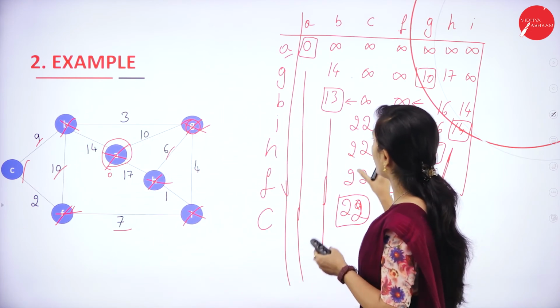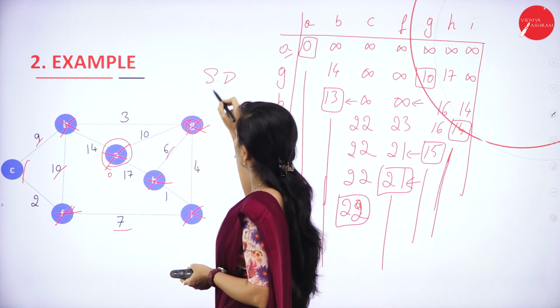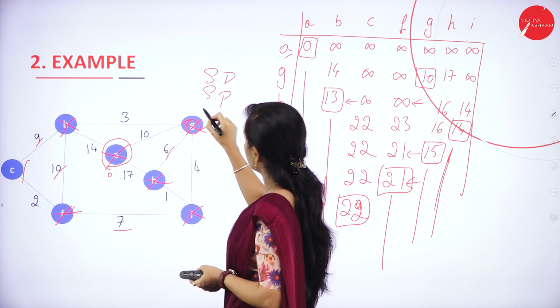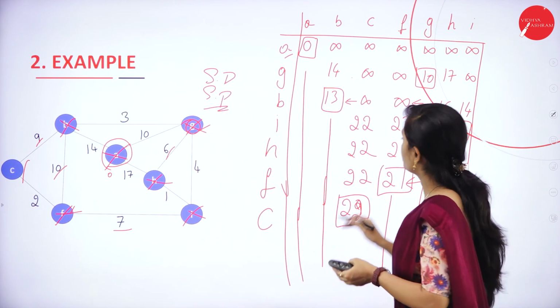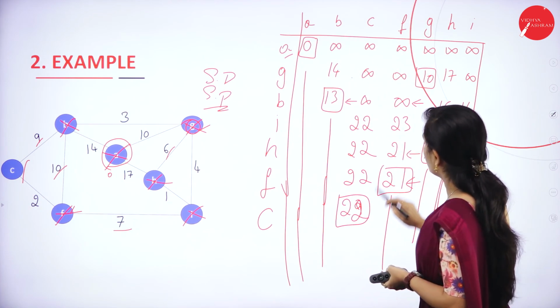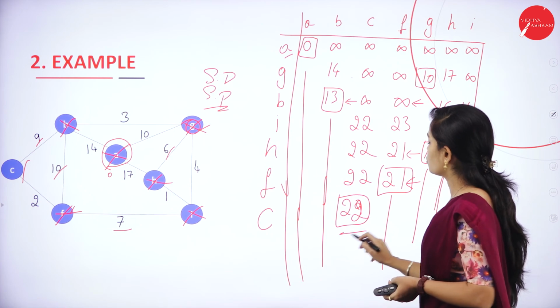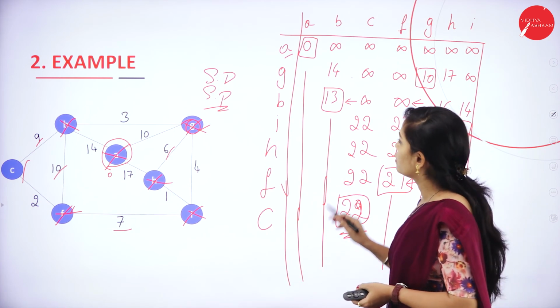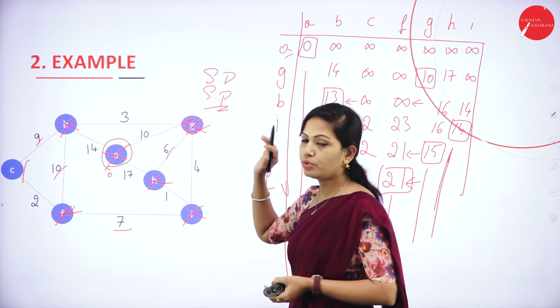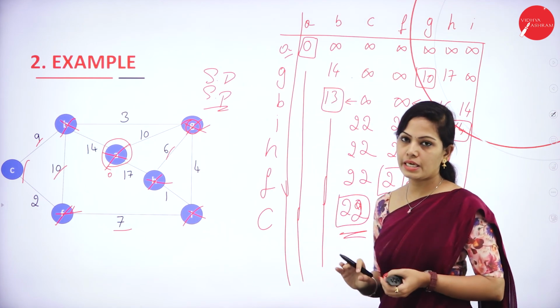And in the next step, you have to find the shortest distance and shortest path. So this is assignment question. Please practice this. Find the shortest distance from A to C. So value should come 22. Distance is 22 and find the shortest path from A to C.